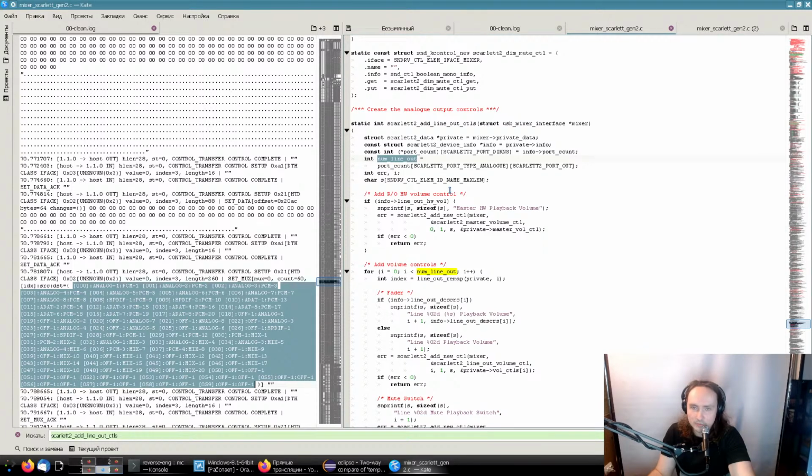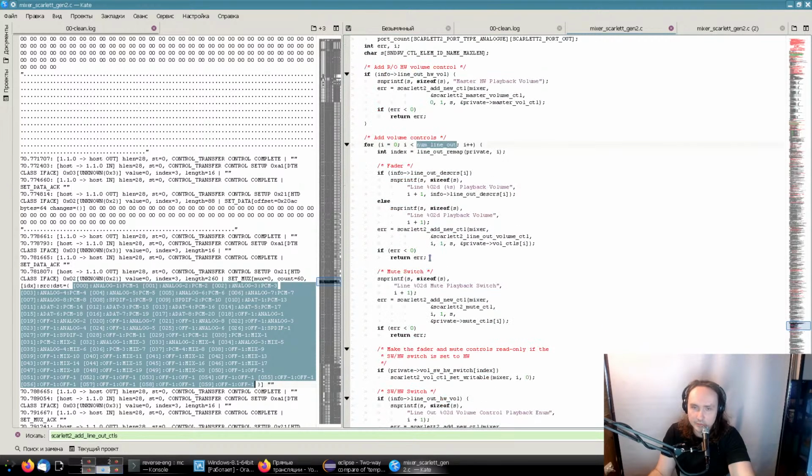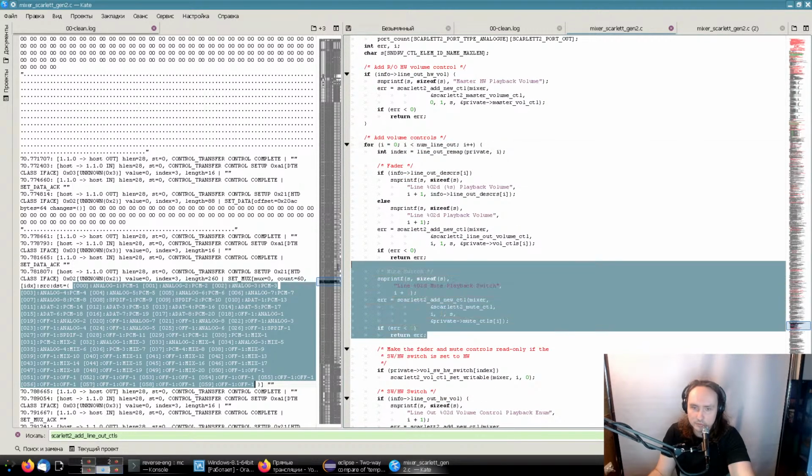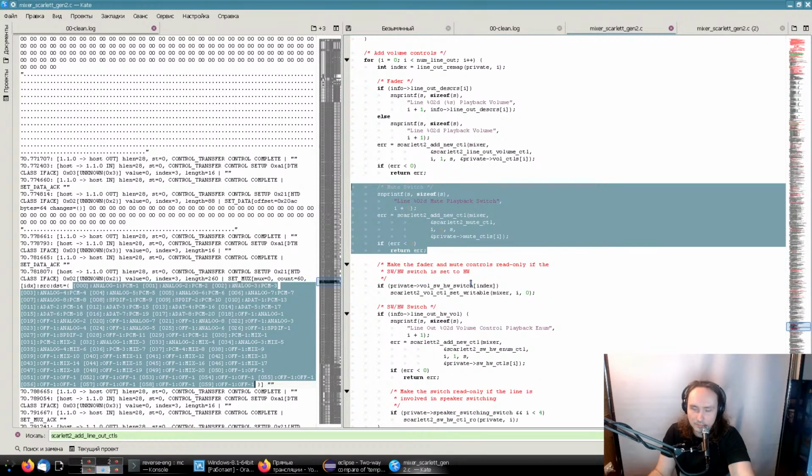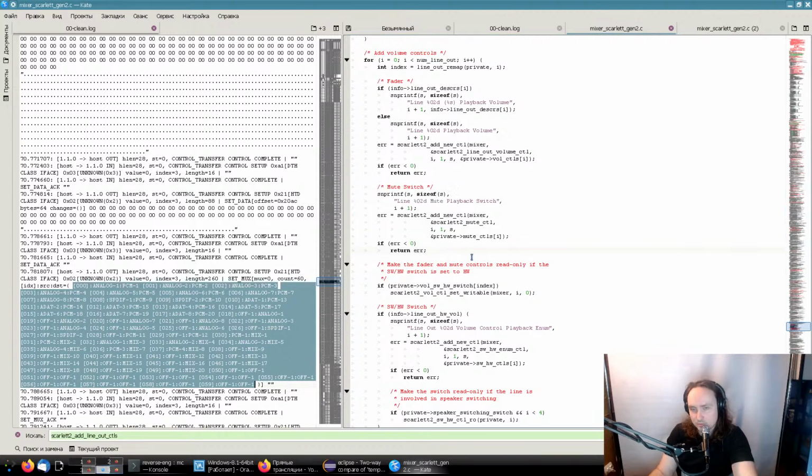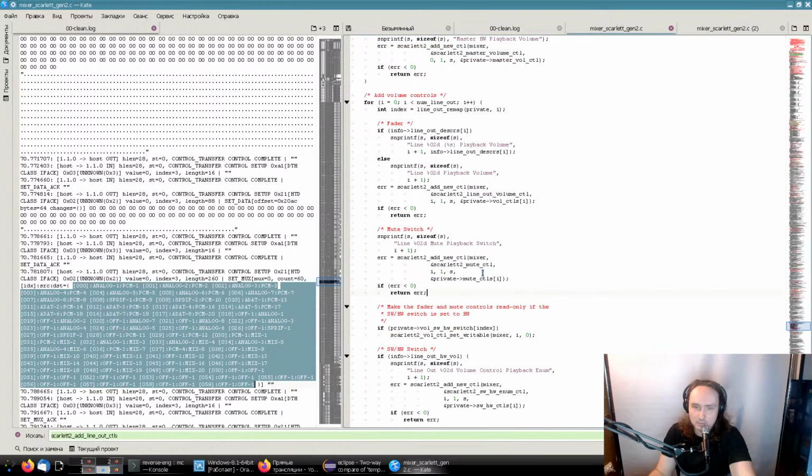I believe there's 8 for the 18i8 device, and we do a loop creation of the mute switches, and that's all. So we don't have any additional mute switches for these non-analog outputs. So probably we need to introduce new ones,